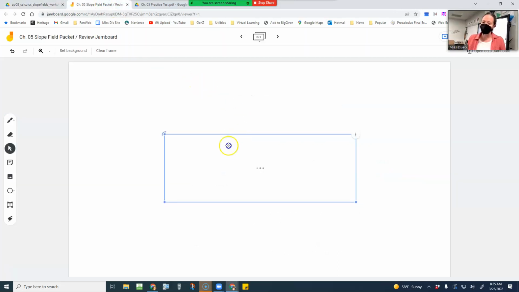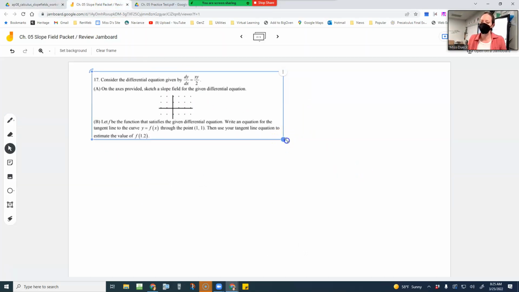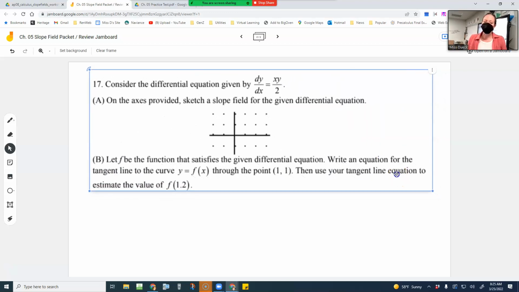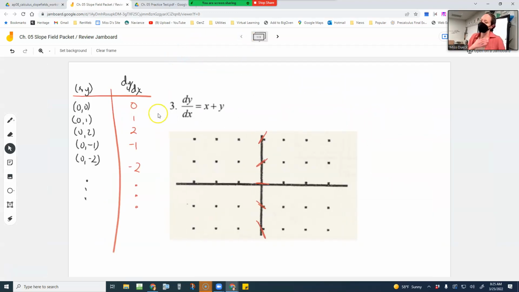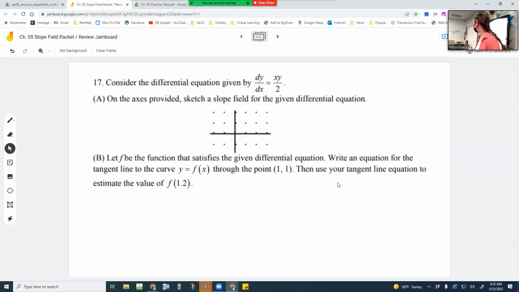Okay, so quick reminder, and you probably weren't listening because I was doing a recap on the video. But I was mentioning just a second ago when I said how I had told Andy that we can't solve this guy. If the AP were to give this to you, they're asking you to use it somehow. Plugging in points, finding slopes with it, maybe doing some max-min analysis with it. So here in number 17, if anybody wants to pop there in the slope field packet, part A is just graphing. Part A is just plugging in the points and then getting the graph. But part B